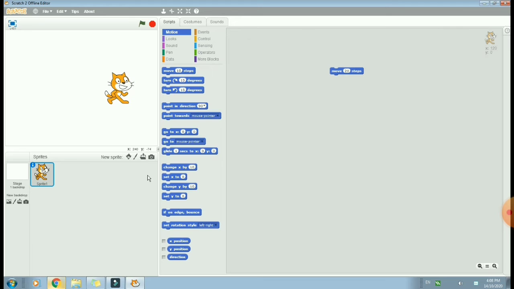Now if you want to move this sprite backward, then we can type here -20. So click on it, it will select it. Then type the minus sign and 20. Now it will move backward. Let's click. You can see our sprite is moving in backward direction. You can click so many times. It will move 20 steps backward after writing -20 steps. So this way we can move our sprite in forward and backward direction.